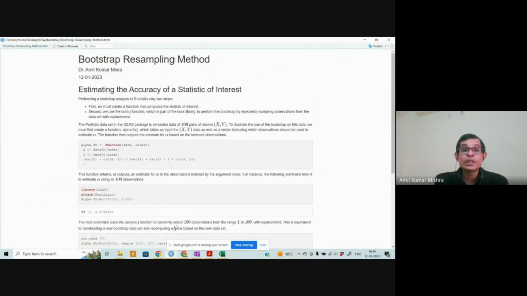So bootstrap resampling methods, estimating the accuracy of a statistic of interest. Accuracy means standard error. We are interested in the standard error of any kind of statistic. Okay. So there are two main steps. Performing a bootstrap